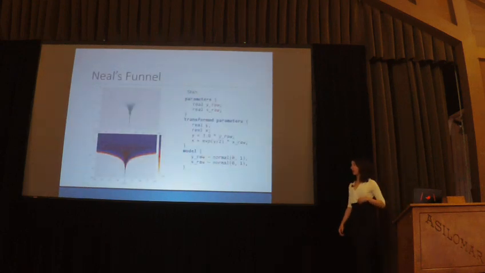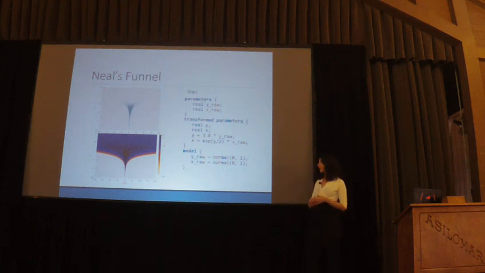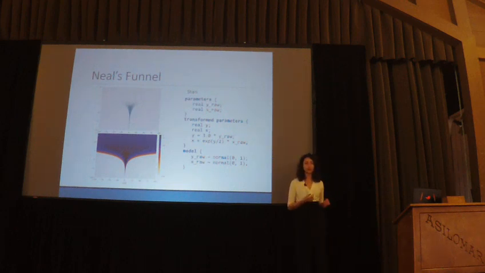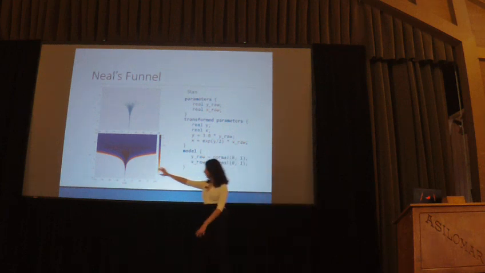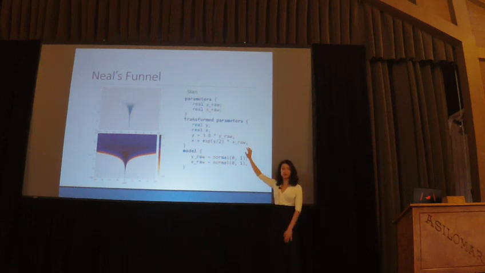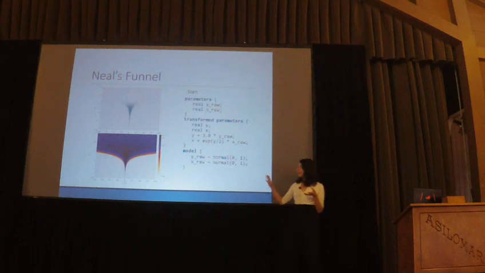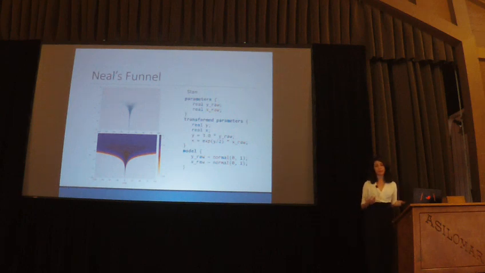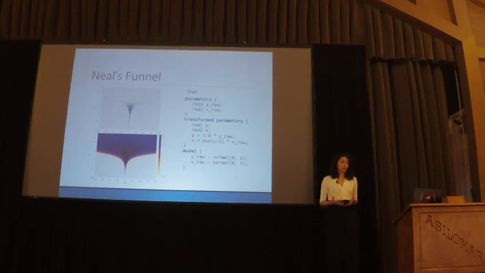Another important reason for removing the blocks is user-defined functions. This is an example taken from the Stan manual where, in order to be able to explore the neck of this funnel, we don't want to directly model X as having standard deviation depending on Y, but we want to instead work with the parameter X raw and then get the transformed parameter X from it. Now it makes sense to have a function that does this reparameterization for us, this non-centering reparameterization.